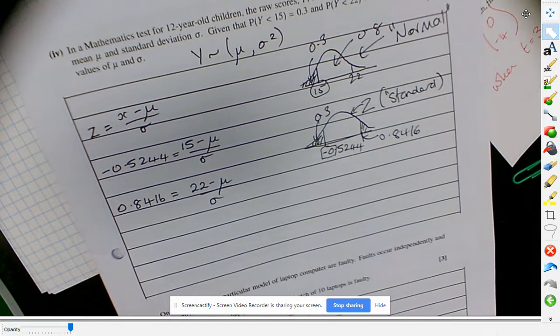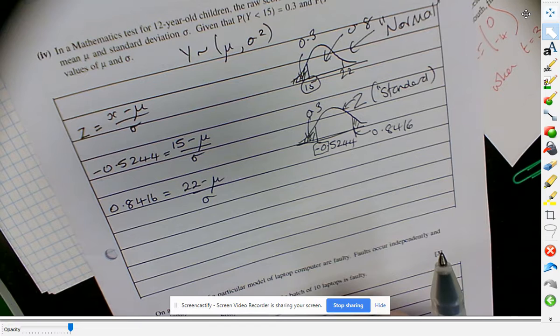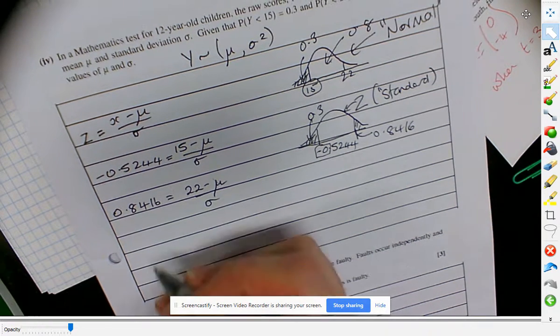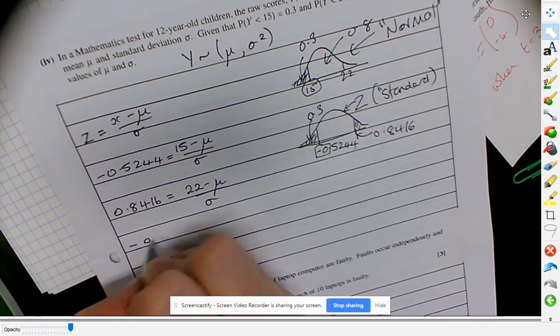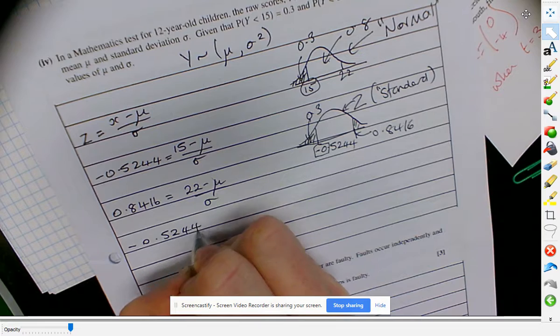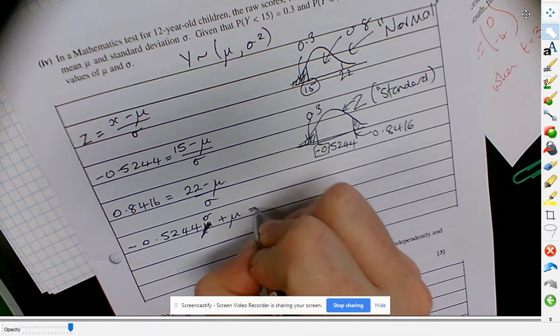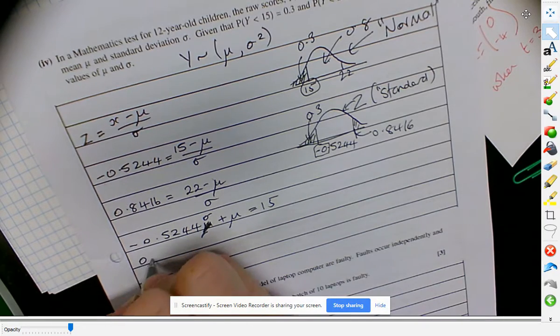Okay. Then we've got 2 simultaneous equations in mu and sigma. So I'm going to multiply both sides by sigma and then add the mu to both sides. Okay, so I end up with 2 equations, negative 0.5244 sigma plus mu equals 15, and 0.841